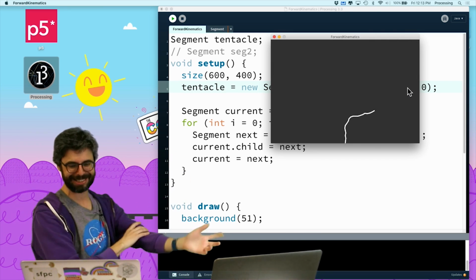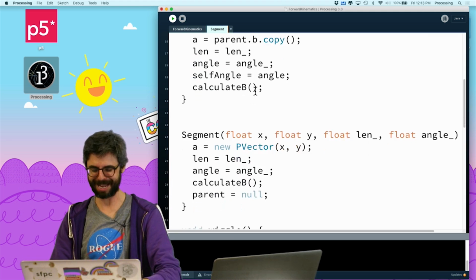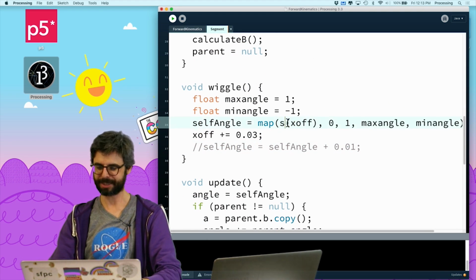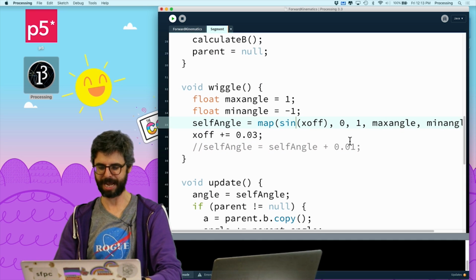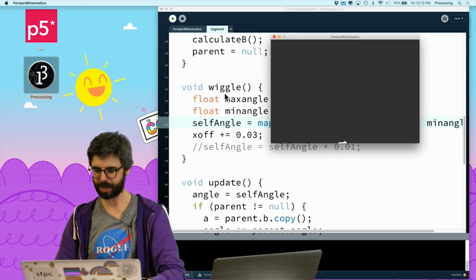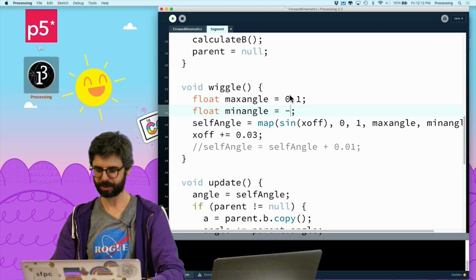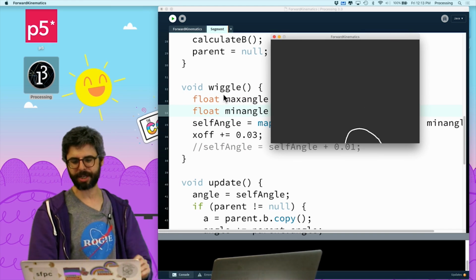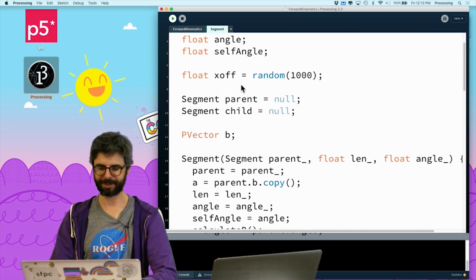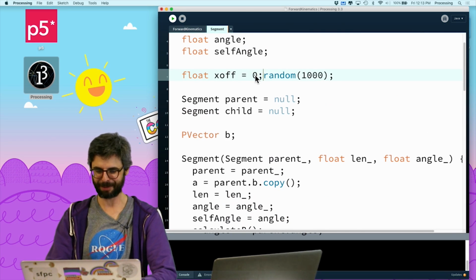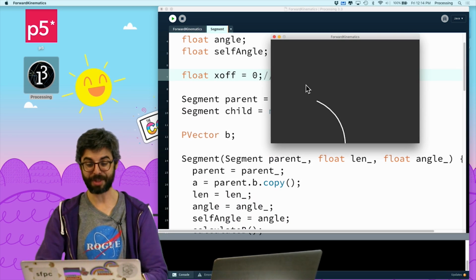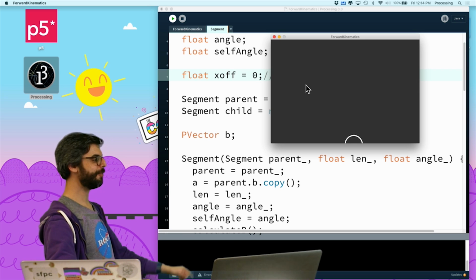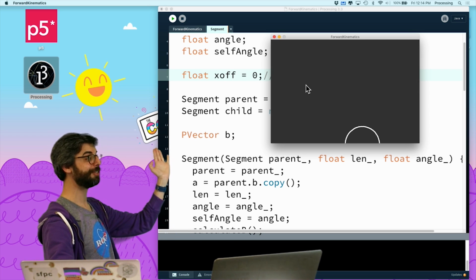That's forward kinematics. Let's change it to a sine wave just to see what we get. So instead of using Perlin noise, I'm going to map sine between max angle and min angle. Let's try that. Whoa, okay. And that's like way too much. So let's give that much smaller angle. So we can see now, and they're all starting. So actually what I want, I'm getting ridiculous here, but let's all start them with this. Yeah. So if I give them a perfect sine wave, it's just going to curl onto itself. But if those sine waves are slightly offset from each other,